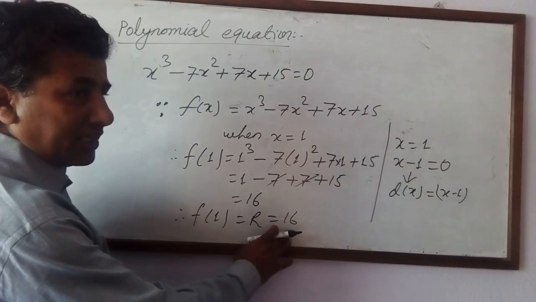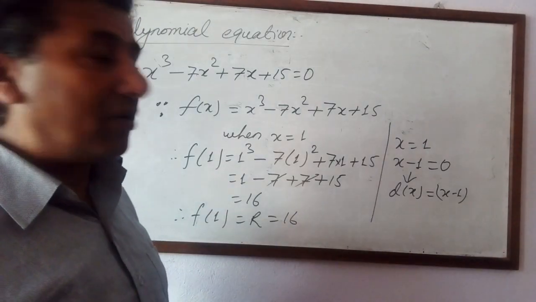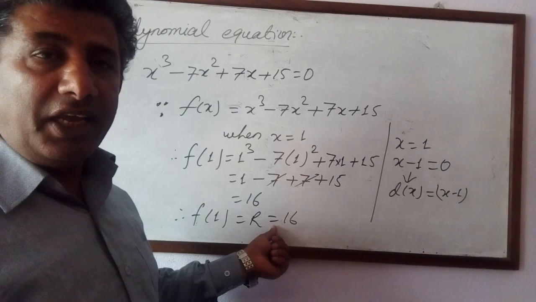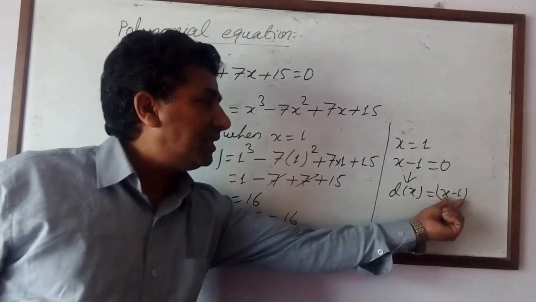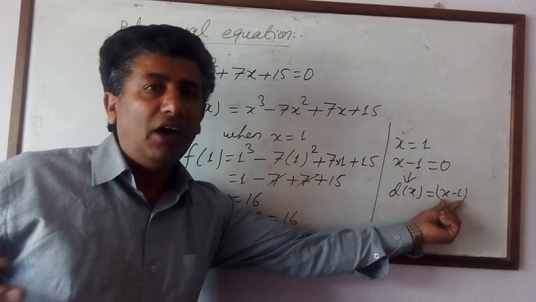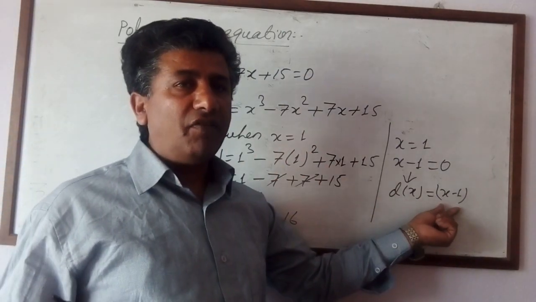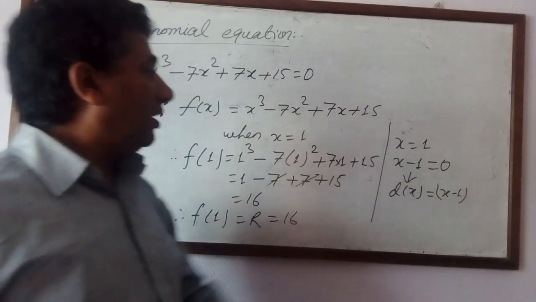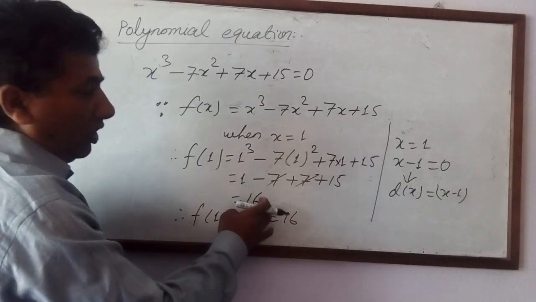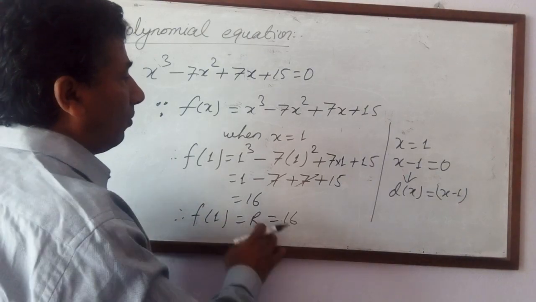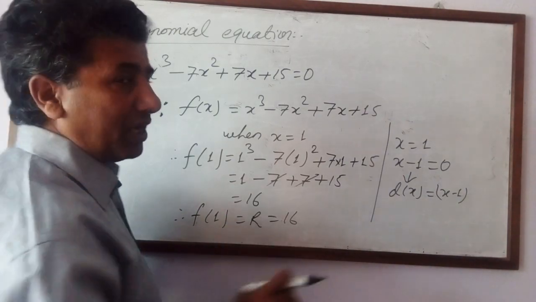Now, the remainder is 16. Now, go to the factor theorem. The factor theorem says that when the remainder is not 0, the divisor, x minus 1, will not be a factor. That's why x minus 1 is not a factor of this one. Then this doesn't make the polynomial 0, which means the remainder is not 0. Now, to make the remainder 0,